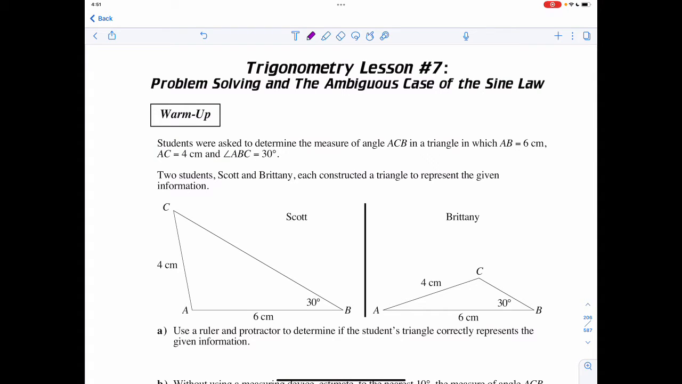All right, in this lesson, we're going to take a look at something called the ambiguous case of the sine law, or sometimes it just gets referred to as the ambiguous case. This only exists with sine ratios in terms of right angle triangles. The reason why is because the sine ratio is unique